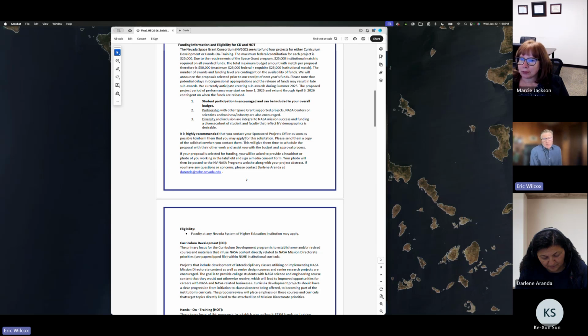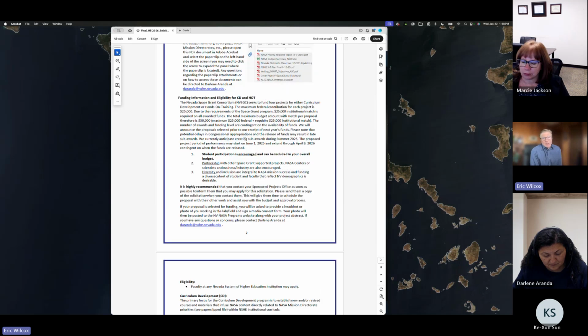And then again, because of a requirement from NASA, we have to have matching funds attached to these. And we do not have cash matching funds that we can make available for these specific projects. So we require up to $25,000 institutional match from your institution. And as we were talking about before the recording started, this can be in the form of in-kind contributions, faculty time,